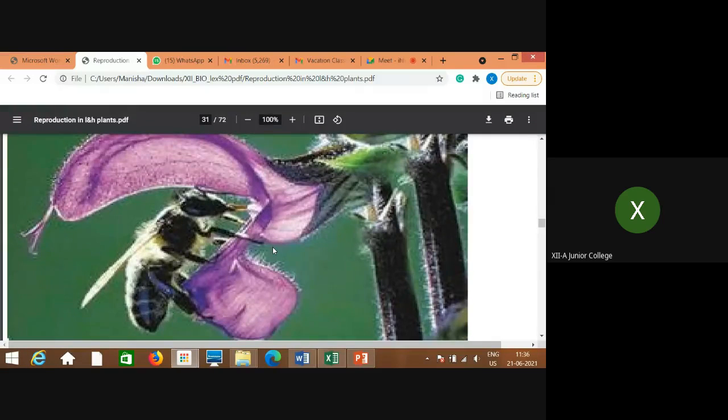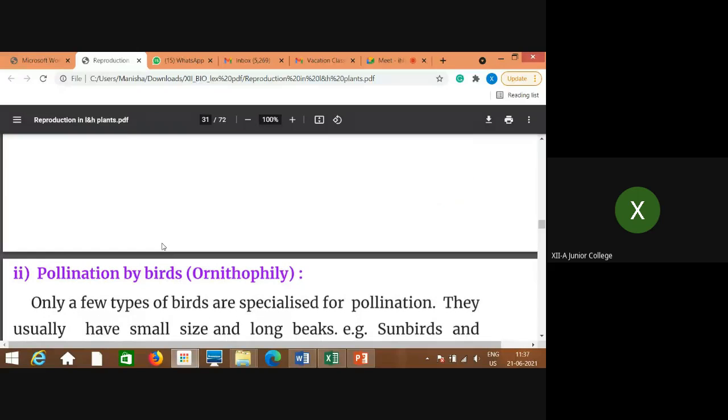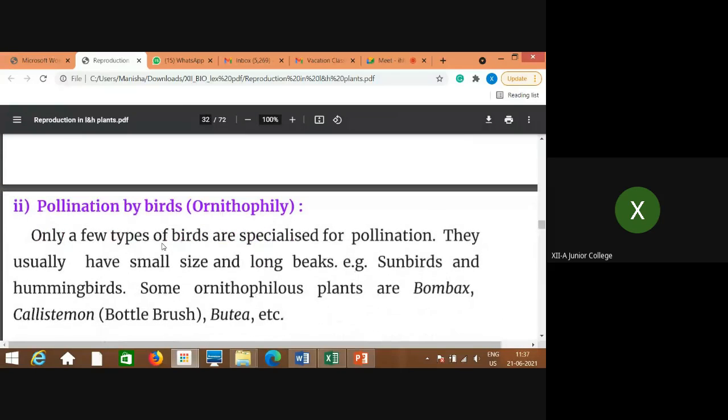So the bilabiate nature, fertile stamens on the upper lobe of this flower, whereas sterile on the lower lip, as well as the long elongated gynoecium, that means carpel with the stigma, which is also towards the upper lobe, that's why this favors the insect pollination. So this is a very important example of a special type of adaptation in entomophily, called the lever mechanism.